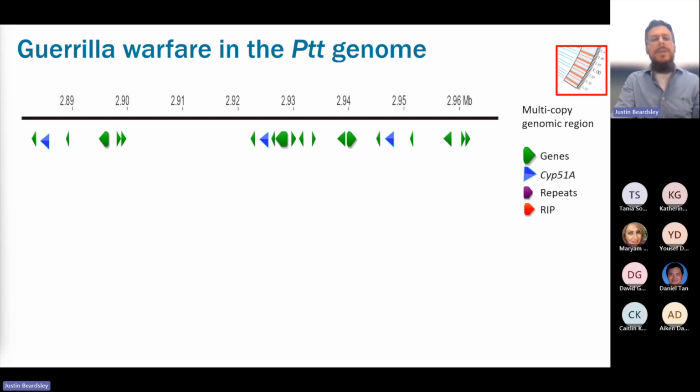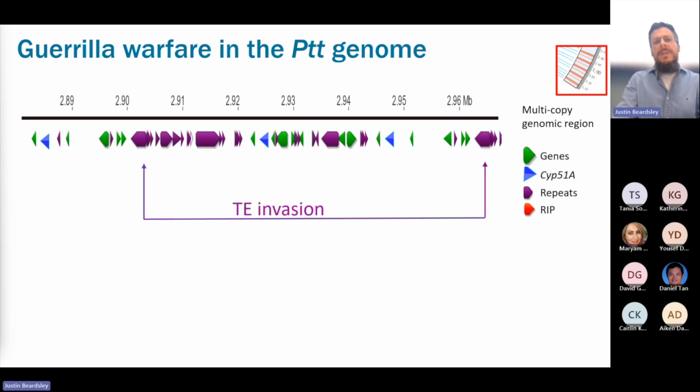I told you earlier that these organisms also acquire the capacity to infect other varieties. They could be involved in higher levels of virulence, right? So you will have, in the same region, duplication of this CYP51 that leads to higher resistance to chemicals, and this duplication of effector-like genes that potentially leads to higher virulence. It's like the survival pack, right?